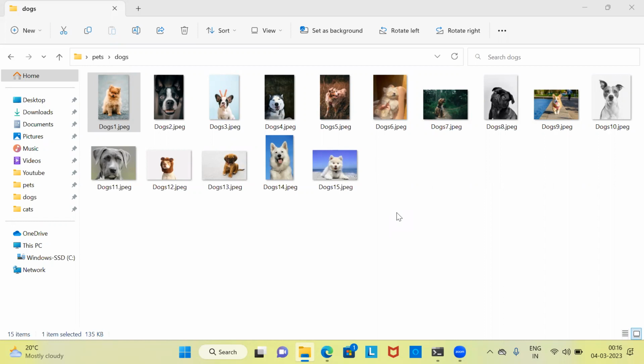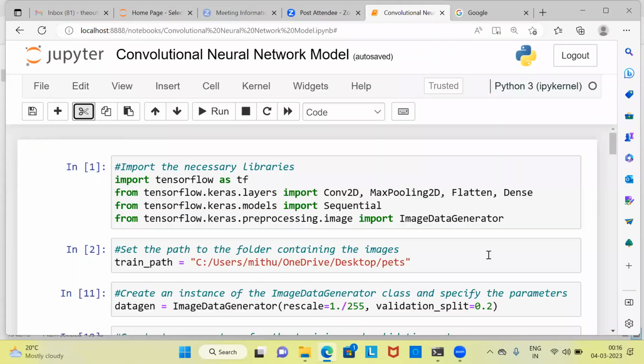Let me now go on to Jupyter Notebook, wherein I have written the code to classify cats and dogs. As you can see here, this is the Jupyter Notebook, which I will be using to build the CNN model. Just to give you a high-level perspective, CNN or Convolutional Neural Network is a type of neural network. Broadly speaking, when we